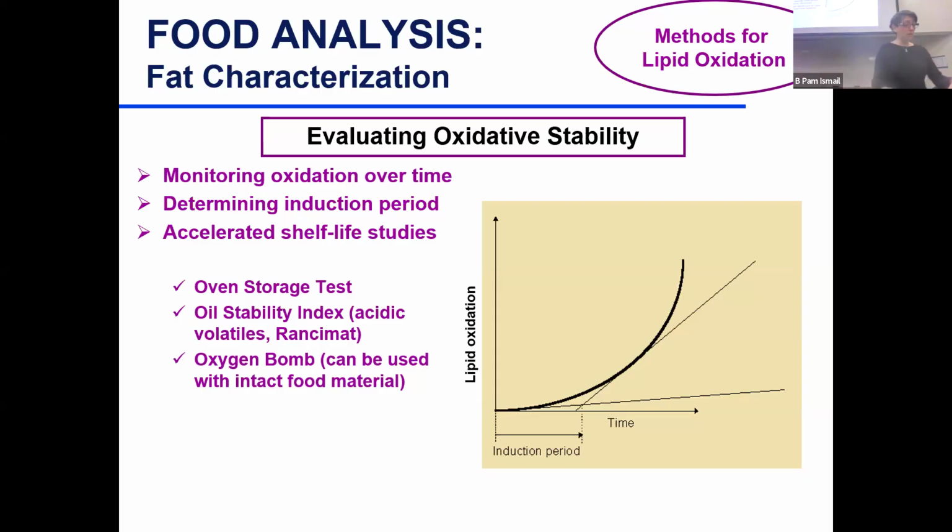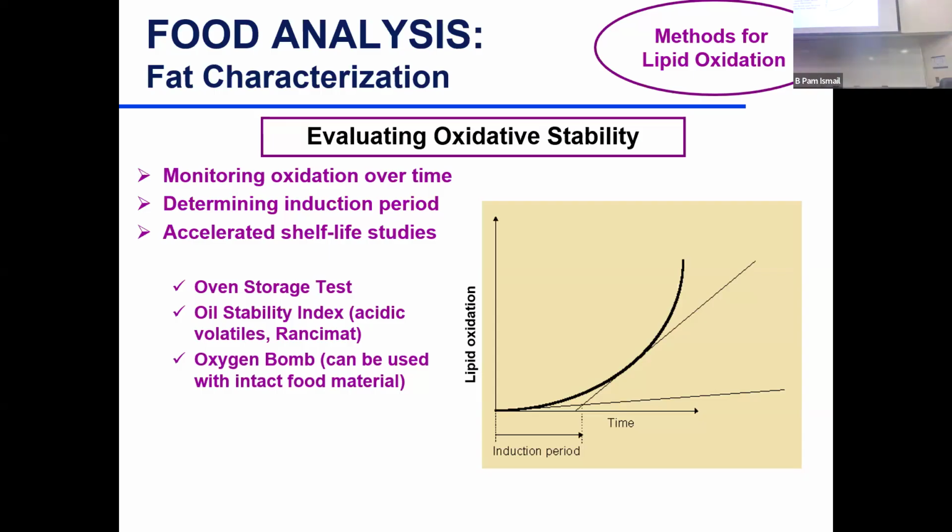So to do that, you get a very fresh oil. You put those antioxidants at different levels, different types, in the oil, and then you accelerate the shelf life to determine the differences, and which antioxidant will have a longer induction period. So the most common test is the oven storage test, and we did that for you in the